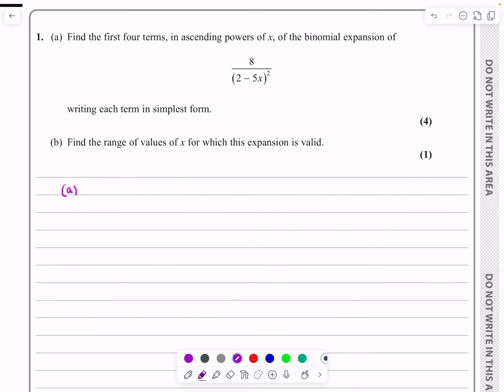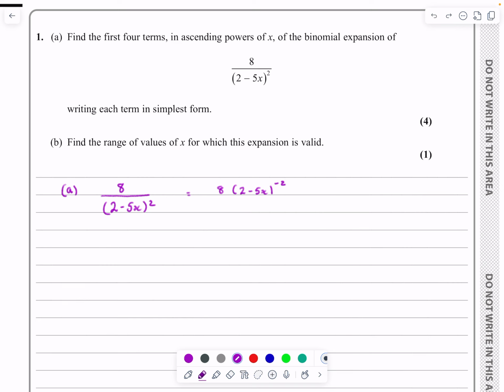So part A says we've got 8 over 2 minus 5x all squared. Well, I can tidy that up. That's 8 times 2 minus 5x to the minus 2, and then I'm just going to focus on doing the expansion on this thing here, and I cannot expand that if we have a negative power here unless I have 1 plus x. So if I want 1 plus x, or 1 plus something, which I'm going to call x,